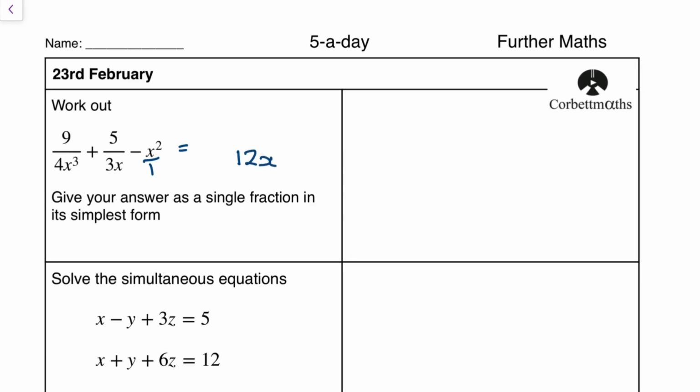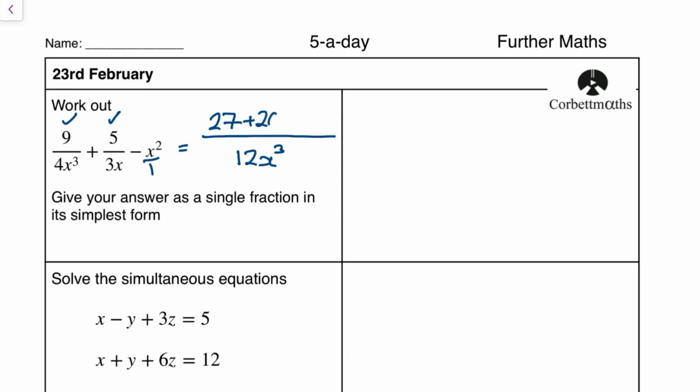You're watching a Further Maths video. I'm going to presume your maths is fairly good. So I'll make my common denominator 12x cubed. What do I do to the first one? Well, I need to multiply that by 3 to give me 12x cubed, which means the 9 becomes the 27. So I've done that one. What do I do to the second one? Well, it's 3x, and I want 12x cubed, so I'm going to multiply by 4x squared, which is going to